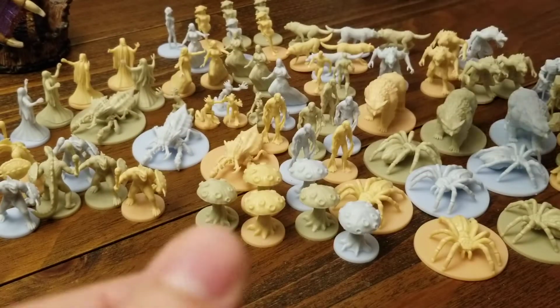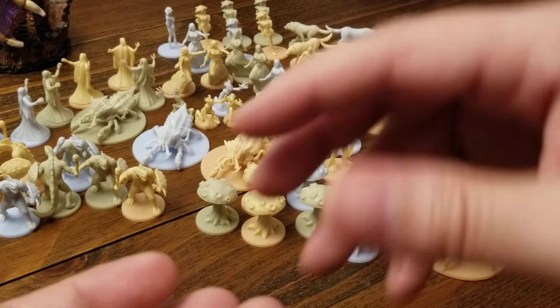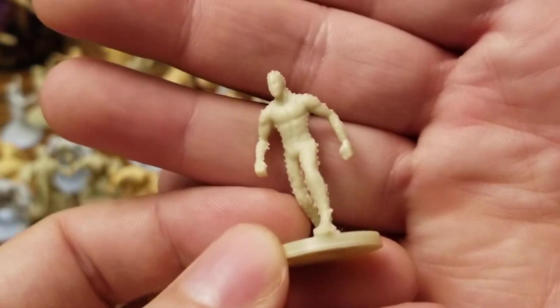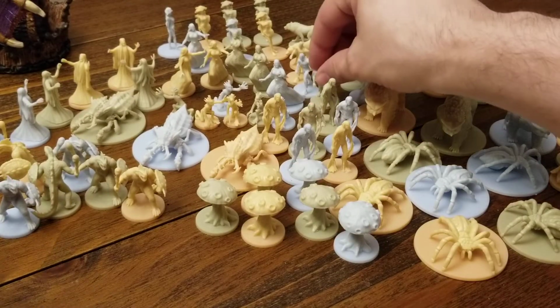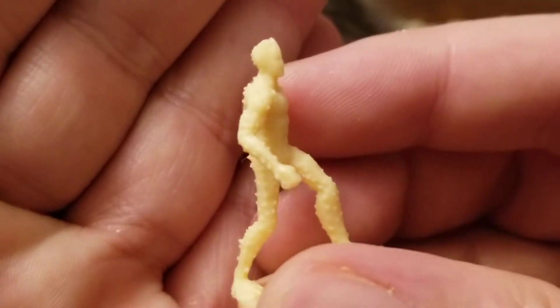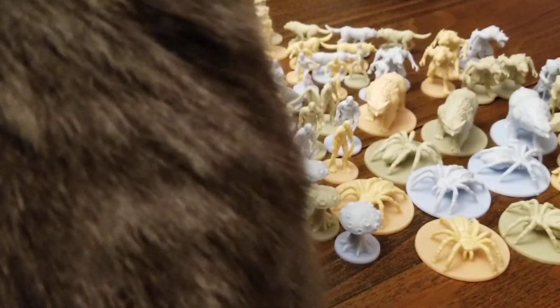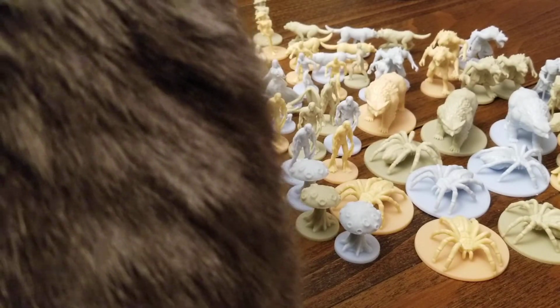So yeah, these are like thorn tossing sort of plant men, vegemen, what do they call them? Something. Pygmies. That's what they are, pygmies. Yes, that's what I was trying to think of. Pygmies. Okay. Then we've got an Ettercap